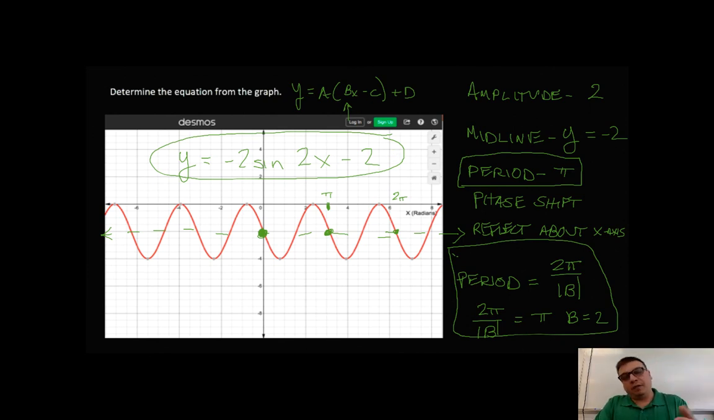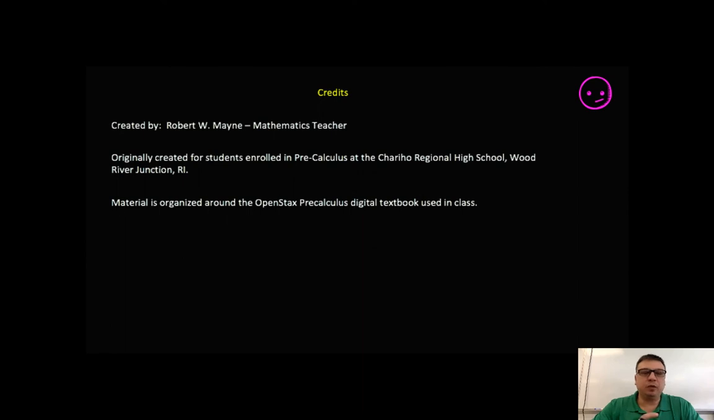All right, so sorry for that one small error. Again, this is a sine function, not a cosine function. All right, so hopefully this was helpful, get you a little bit more